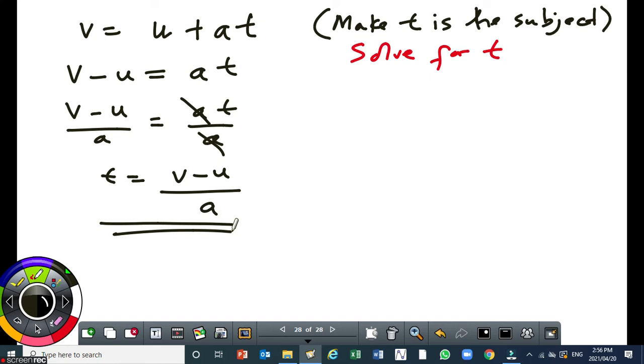All right, another example. Solve for y. The equation is